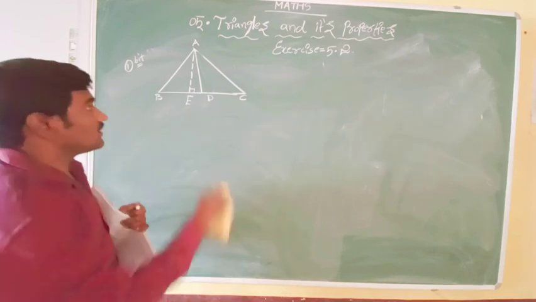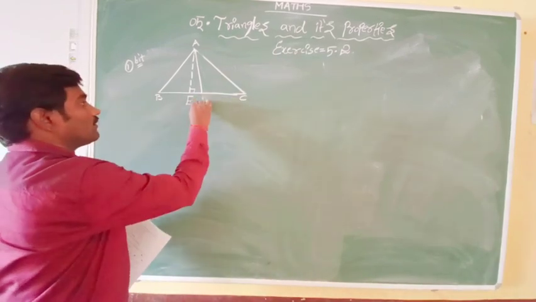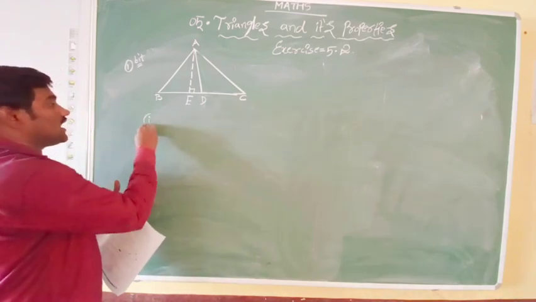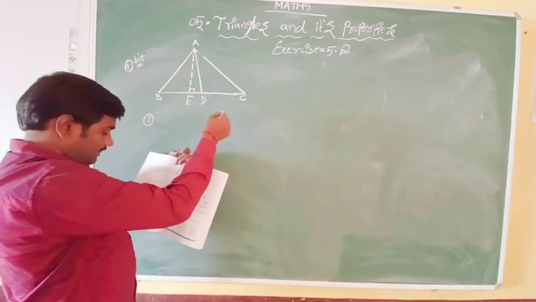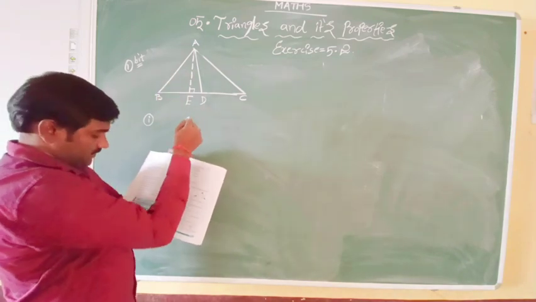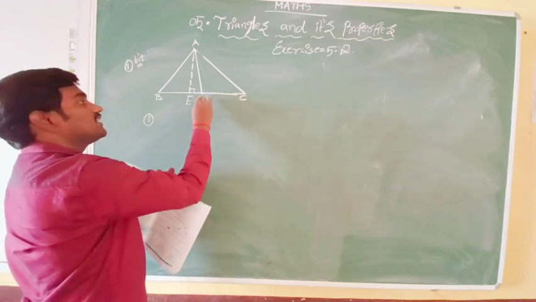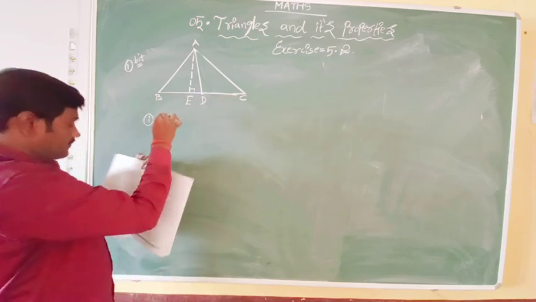Yes. Now here that is. Then here the first question is that in triangle ABC, D is a midpoint of BC. Here D is a midpoint of BC. Okay, then